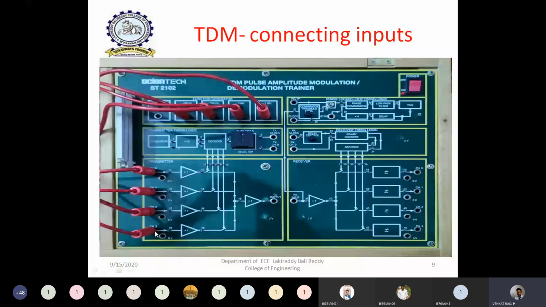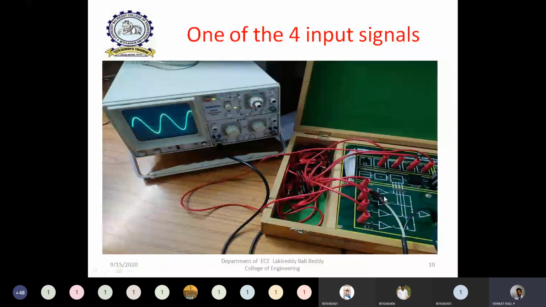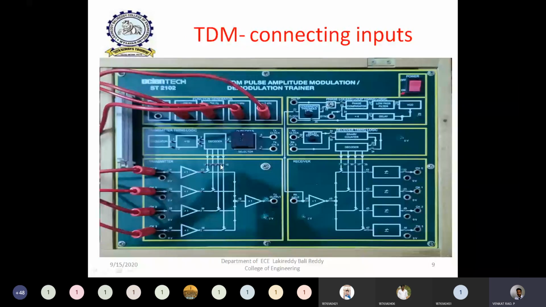Then if you observe any one of the inputs on the CRO, it will be a sine wave, because we are taking different sine waves having different amplitudes and frequencies. For example, if you observe one input signal in the CRO, that is the wave. Now, where the clock pulse is, I already explained. At these particular points, a clock signal is generated, so when the CRO probe is connected to this pin, you will observe the clock signal in the CRO.